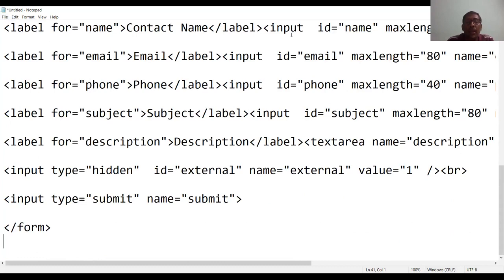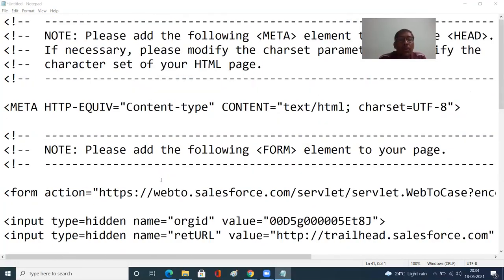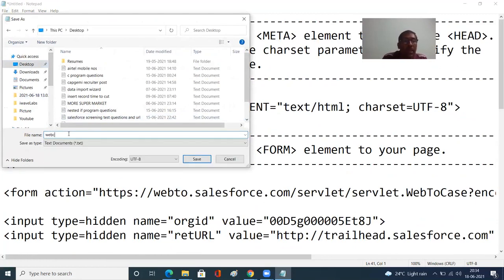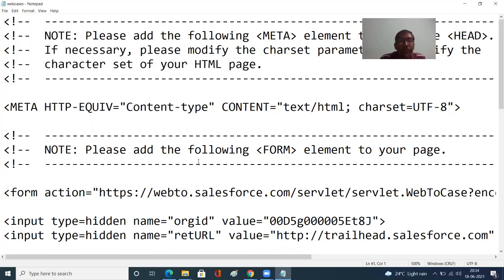I'm going to share it again. This is a format here. Got it. I'm going to save it. File, save, and go to desktop. I'm going to say web cases .html, right, and then save it.